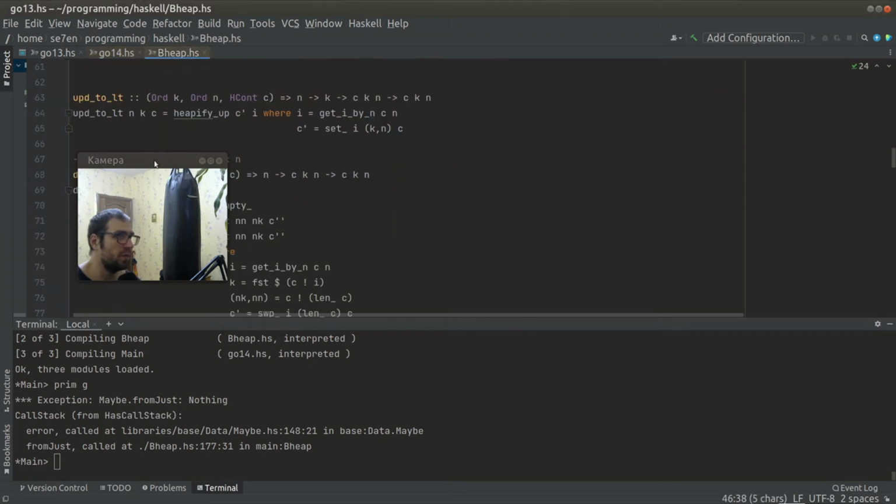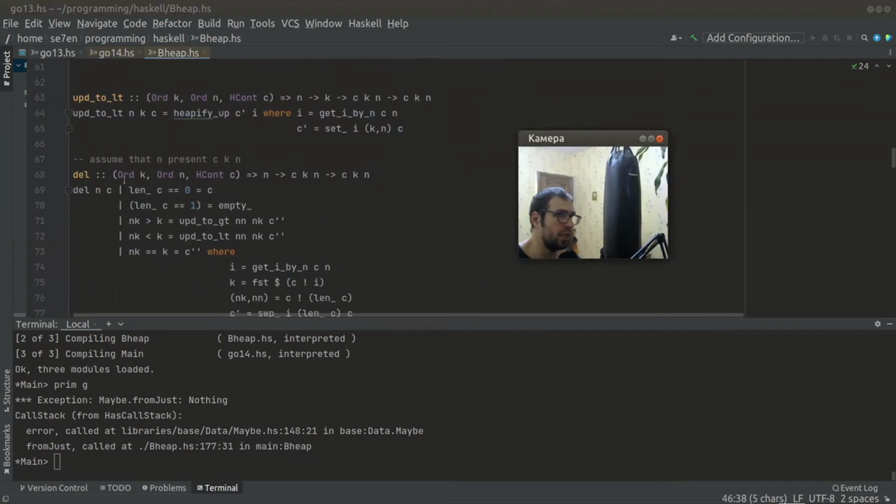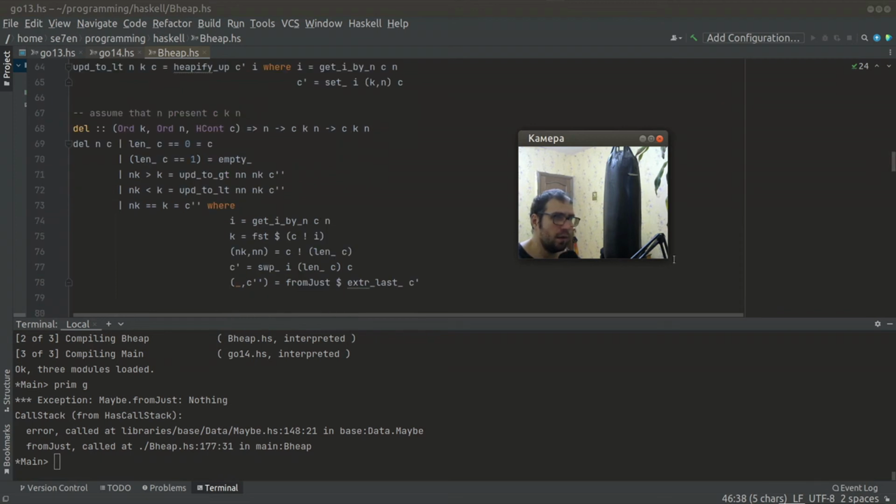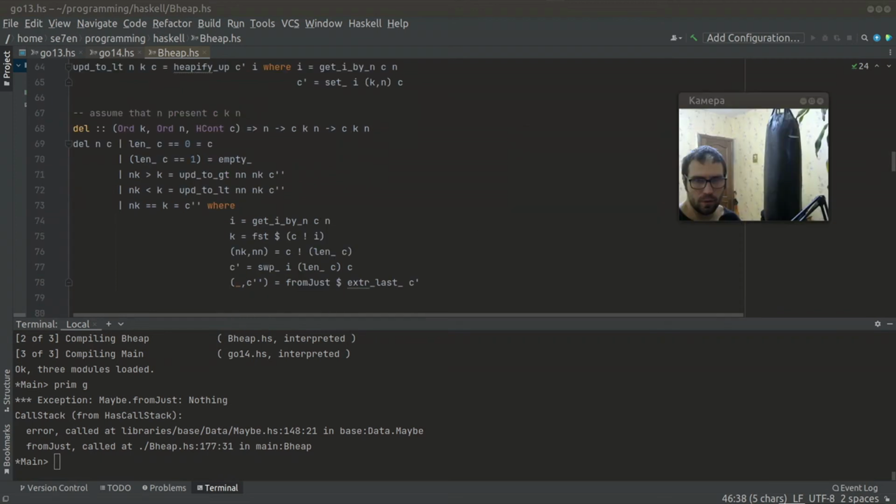This happens because when I implemented binary heap deletion, I assumed that the node is present in our binary heap. But here I have a case when they delete something that is not in our binary heap, and this means that I need to fix this now, and I will fix it in a moment. So actually when I need to delete something from a binary heap,